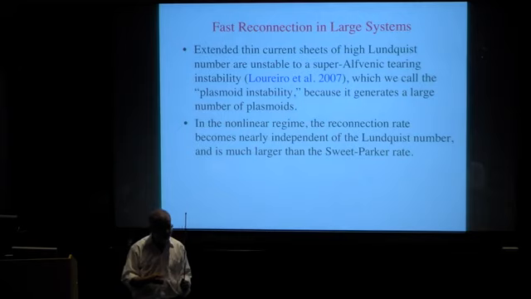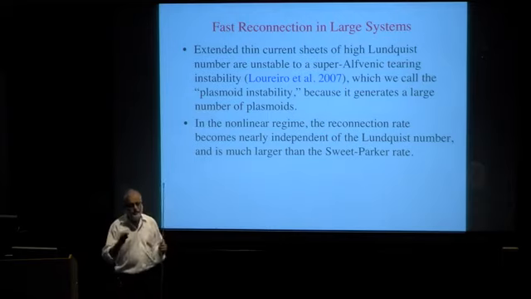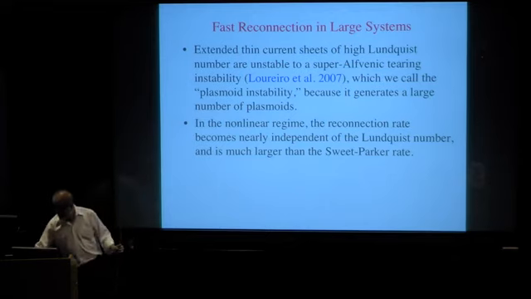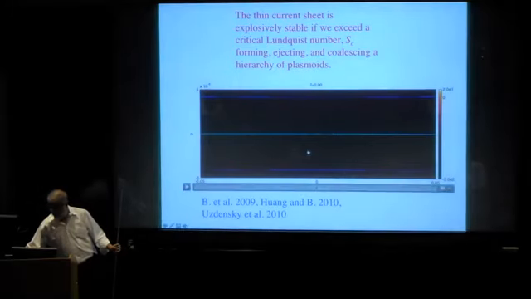Very rapid linear instability. It immediately suggested to me that if you go nonlinear, something was going to happen to that layer, and we were going to get out of Sweet-Parker scaling. Except I didn't know what the answer was. My guess was that it was going to have a weaker dependence on the Lundquist number. So in my own group, we had wonderful colleagues who have high-resolution simulations, like Emin Wong, Honggang Yang, and others.